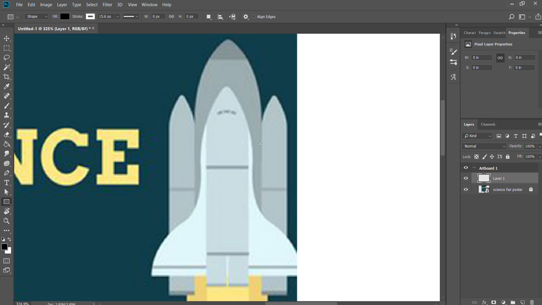Before I do that, I'm going to look up here at the top. One thing that I haven't gone over actually is that up here at the top, depending on the tool that I have selected, this changes. So that's one thing to take note of. I have my brush tools up here, my eraser, and my shapes. So anyways, my fill is going to be black, my stroke is going to be white,